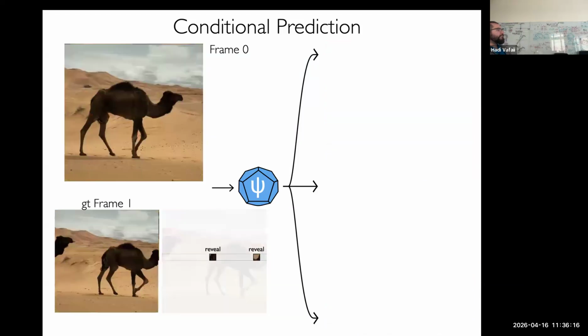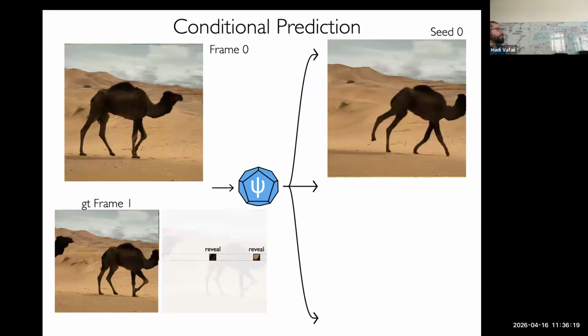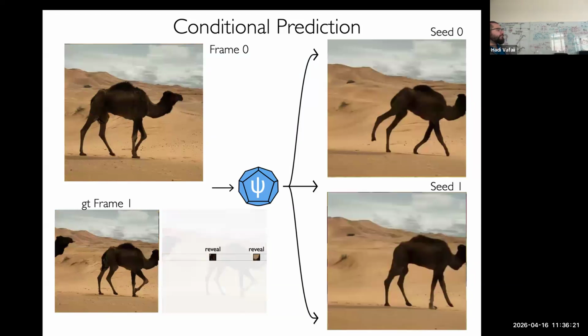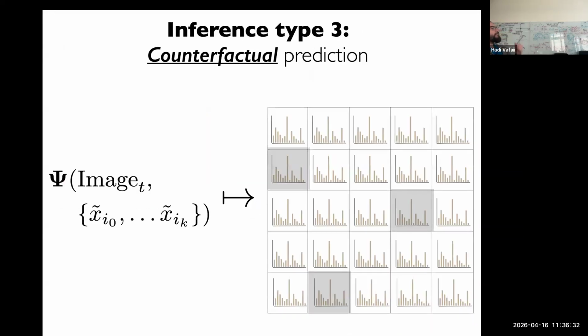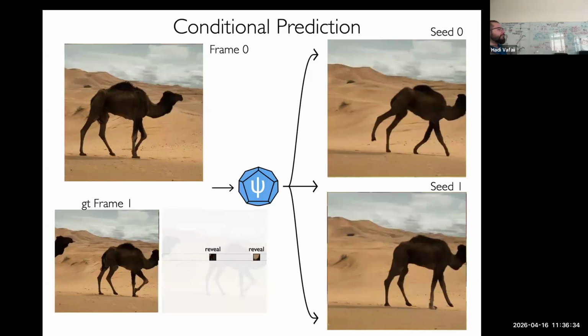Here's another example, a camel going. From one frame of the camel, you don't know whether what it's doing is cantering or walking. But if you know that the thing moved forward, the object has got to have moved forward either way, but it could have cantered or walked to get there. So I've shown you some examples of conditional prediction. We'll come back to the power of that in a minute.